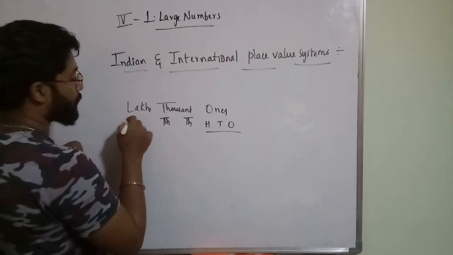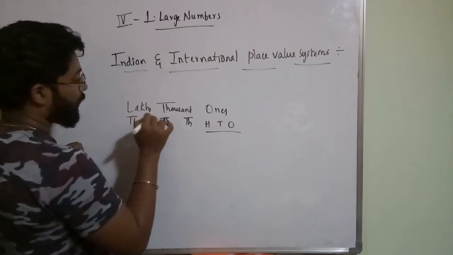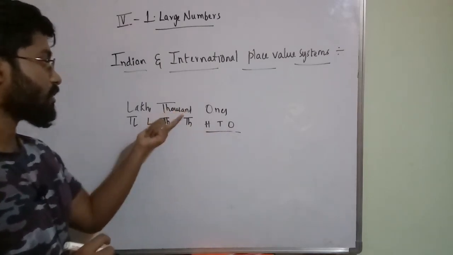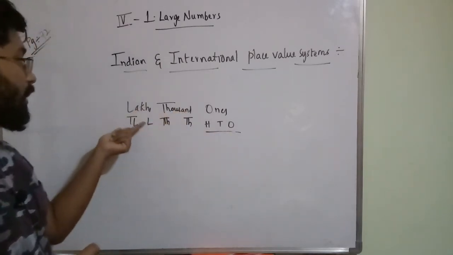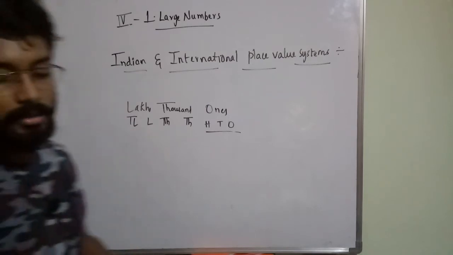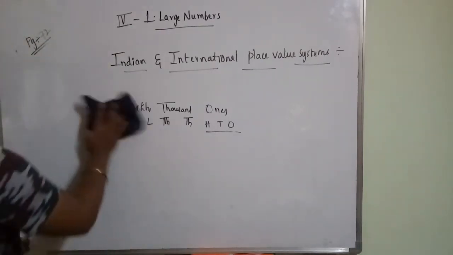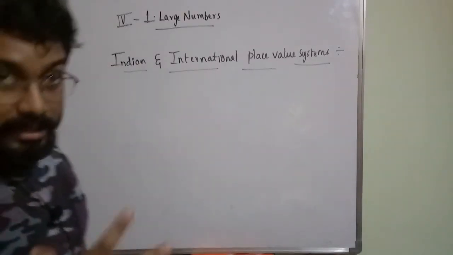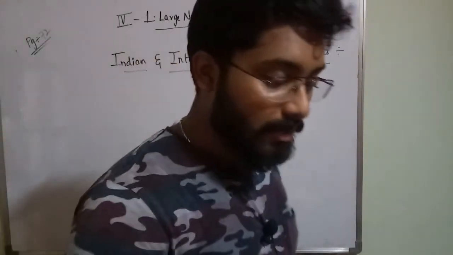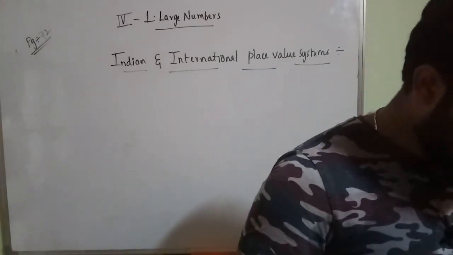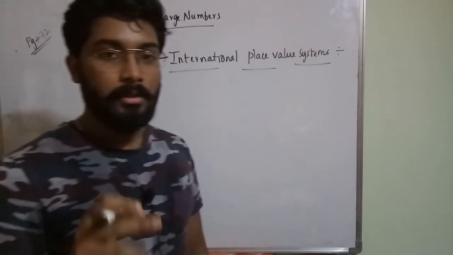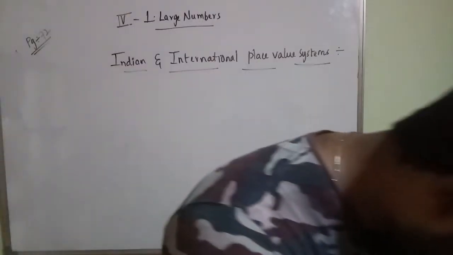In Indian system I am saying 10 lakhs. Okay, so in the ones period we are having 3 digits, in the thousands period we are having 2 digits, in the lakhs period we are having 2 digits, like that. So this is in Indian system. Okay, in international let us learn them clearly. Once again I will tell you when we are going into the topic. So we have to separate each period by commas, so then it will be very easy for you to understand.